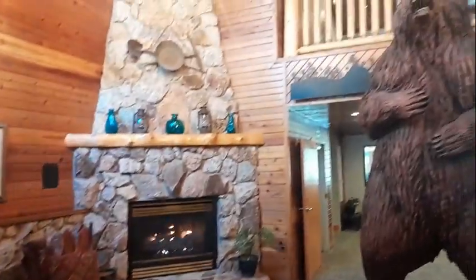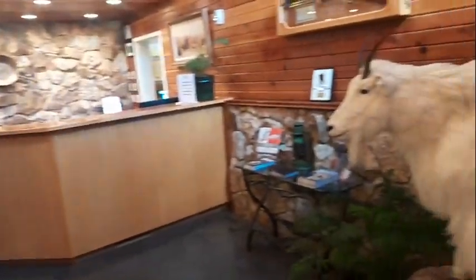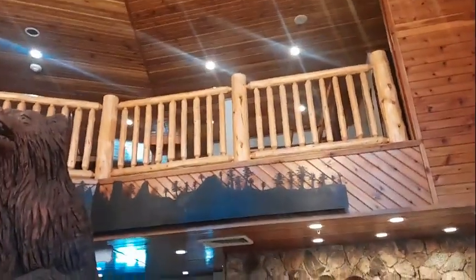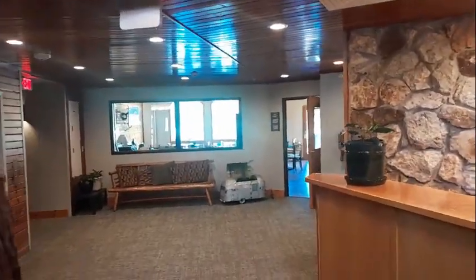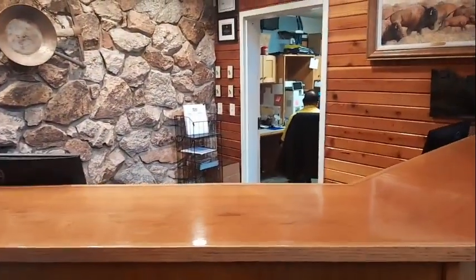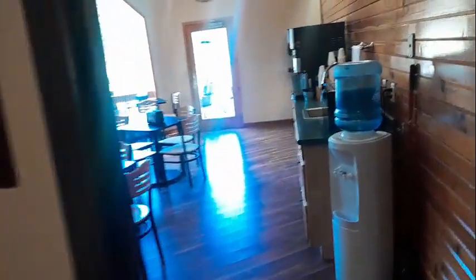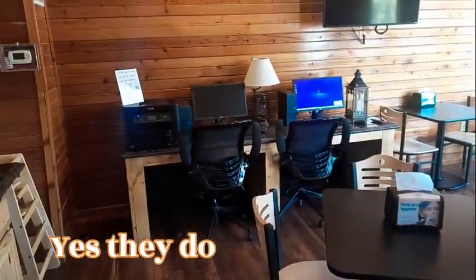This is inside the main lodge hotel. You got the wood carving. Oh, hello. And here's the front desk. Upstairs. Cool place. It's like a dining room there in the back. And more that way, and there's 2 more floors upstairs. This looks like they'd probably serve breakfast, continental breakfast here in the mornings is my guess. Got computers, and you can sit outside,